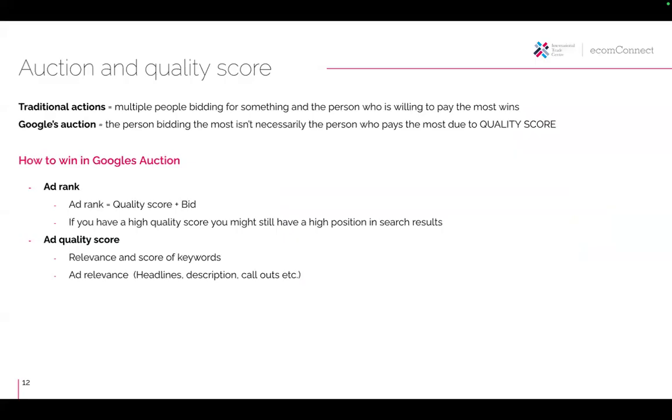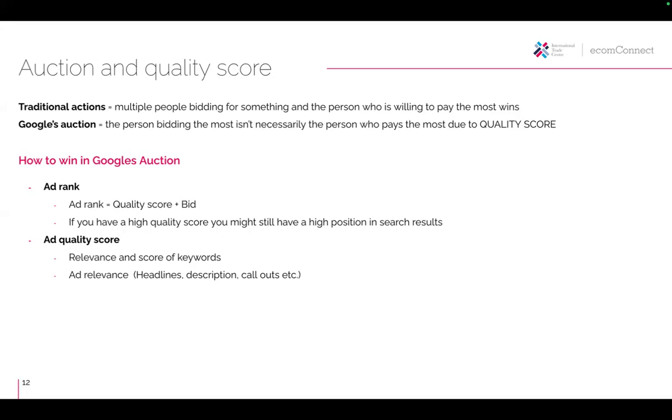Google Ads, I mean, and Google. So they use an auction system, but it's not a completely traditional auction. In a traditional auction, you would have somebody who is bidding, and if you bid higher, you win. The highest bidder is going to win the auction. Google doesn't want this to be the case because if this was the case, only millionaires and billionaires and really high corporates could be able to advertise. And Google doesn't want this to be the case.